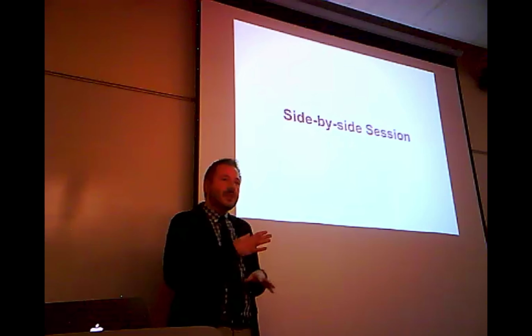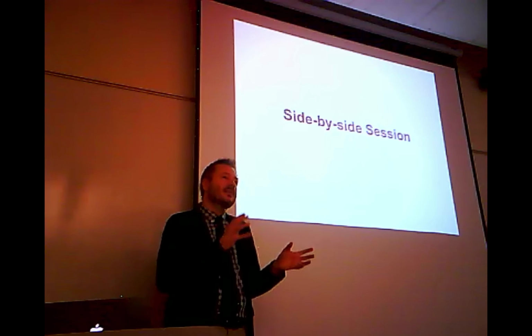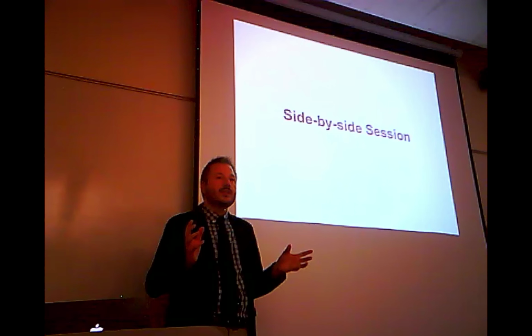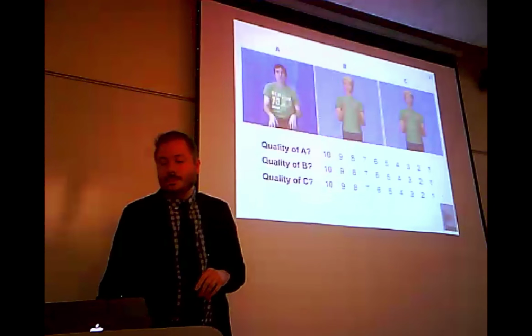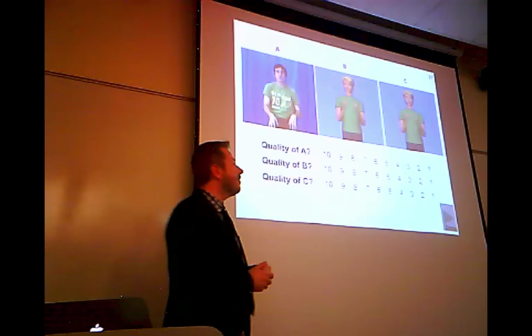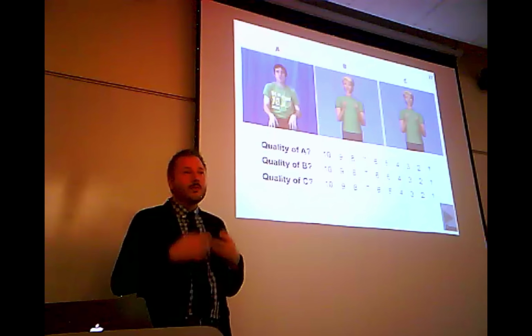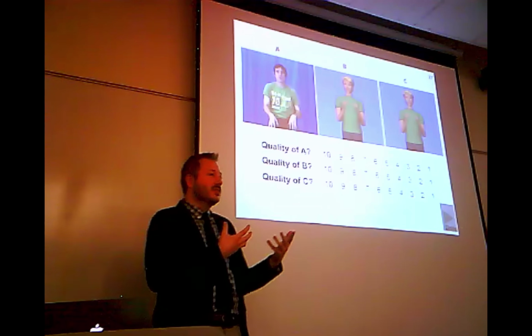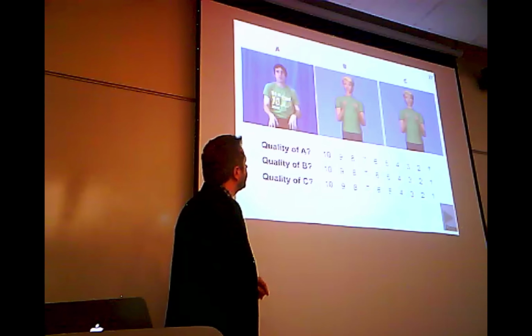At the end of the study, after they'd seen all 28 examples, we had another round of testing where people saw things side by side, and they answered some comparative questions about the quality of the animations they saw. So in this case, they would have 3 versions of the same sentence, but in different forms. So it would either be the human, an animation with a facial expression, or one without. And then they were asked to report the quality level of each of these.